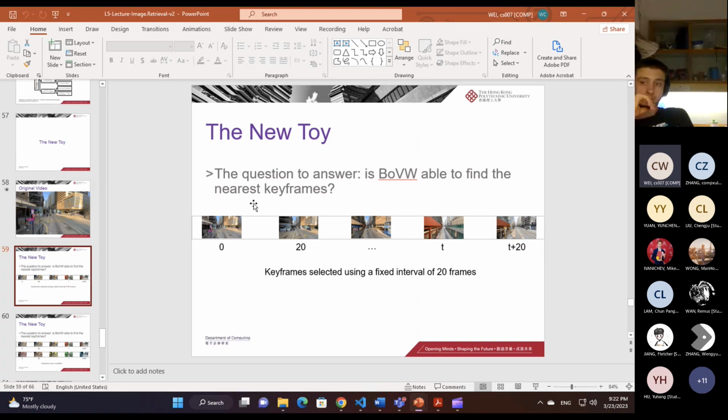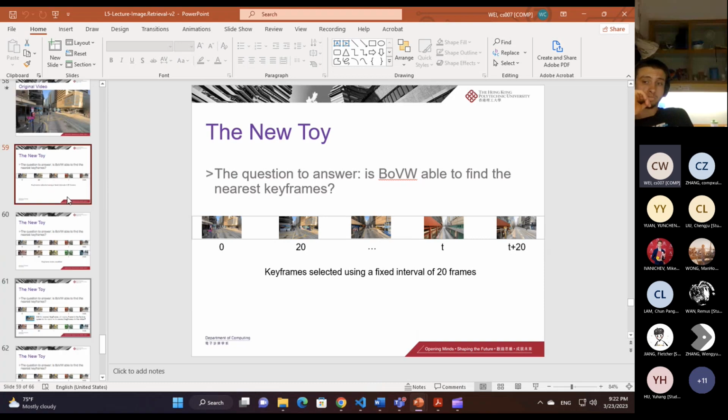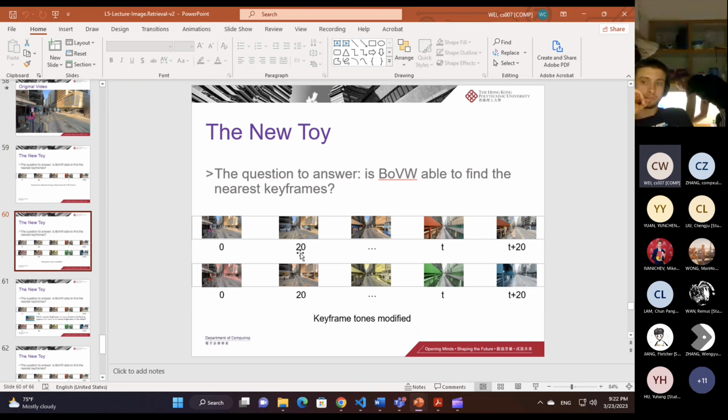Otherwise, you will see jumping of the tones here and there, meaning that your keyframe retrieval doesn't work well. So that's the idea we introduced last time, where the keyframe tones are given,